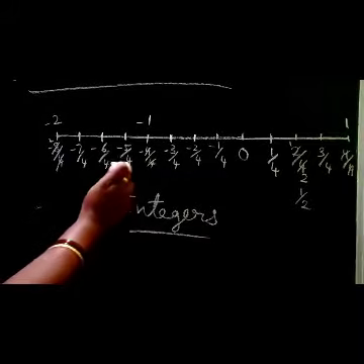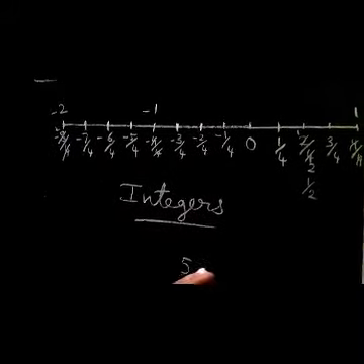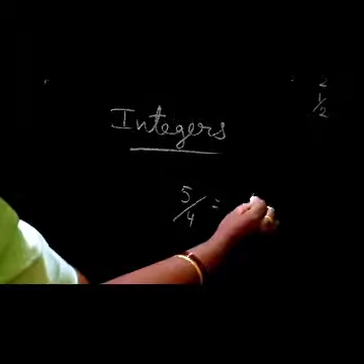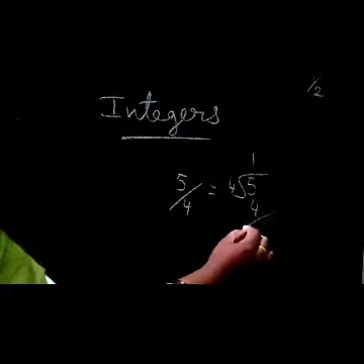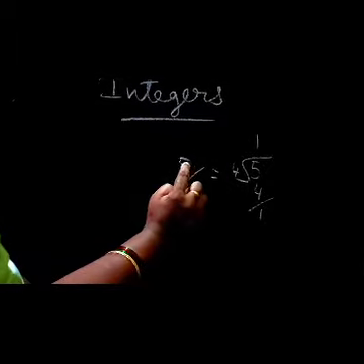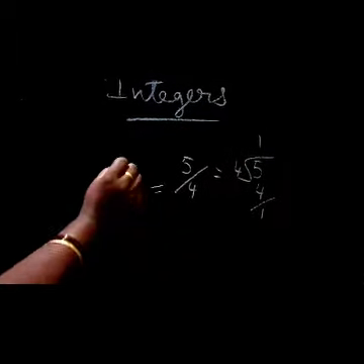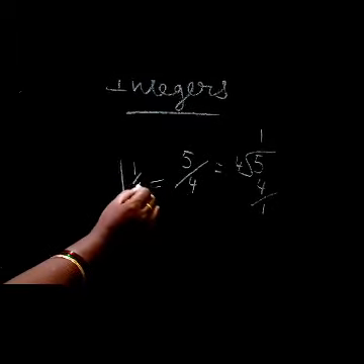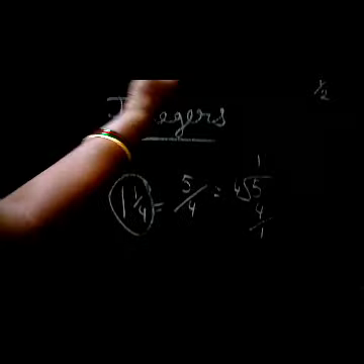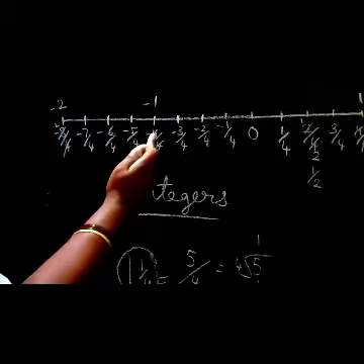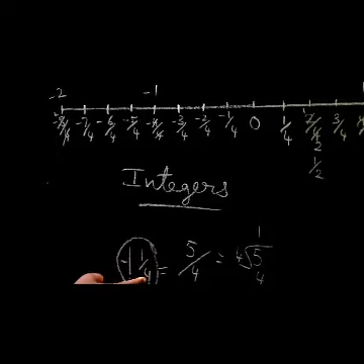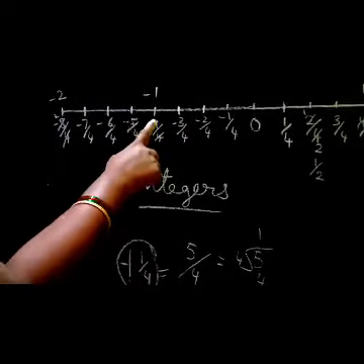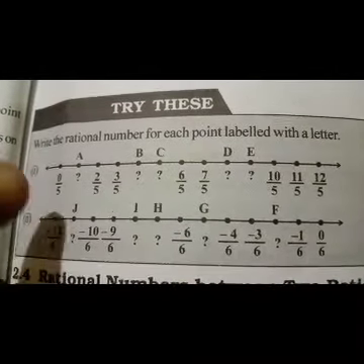So, if you divide this 5 by 4, 1 4s are 4, remaining 1. So, our value for this is 1. We have to write this as 1 by 4. So, 1 full part we got. After that 1 by 4. The value is minus 1, 1 by 4. So, a full part and 1 by 4th part of this. The same concept, you have to try this.